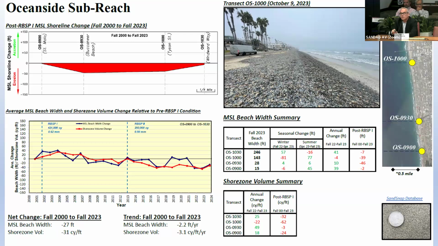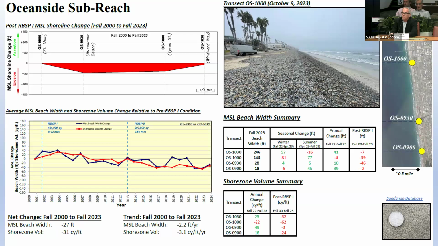See if this works. Of shoreline erosion up until the next project, and then sand was placed on the beach and just kind of brought us back up to where we were at that point 12 years prior. That sand stuck around for a couple years. If you recalibrate yourself to this being the pre-Regional Beach Sand 1 or 2 condition, there's this trend of erosion. And when we look at that over the long-term period, we're losing about 2.2 feet per year despite this material being placed on the beach.